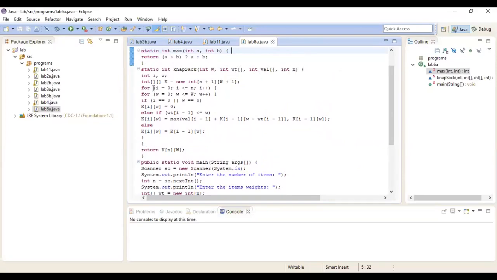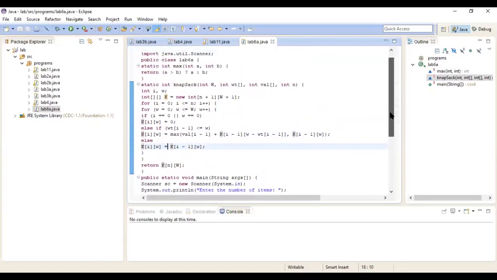Here I have two for loops, and I am initializing the matrix. After that, I check the formula which we have already learned. With the help of max values, I find all the values in the matrix and then return the complete matrix with the weight.